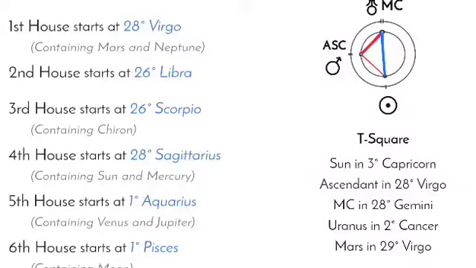Neptune deals with fantasy, illusion, acting, the entertainment industry, recording studios, movies. These are all forms of illusion and creativity. So it makes sense that her Neptune is in her first house. But remember, her first house being in Virgo and being afflicted by her Neptune and also her Mars gives her this really amazing ability or natural gift to being an actor.